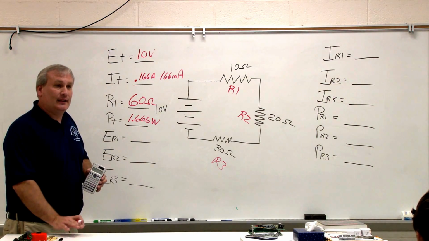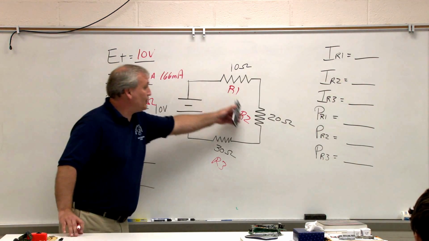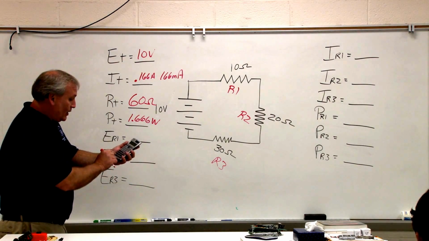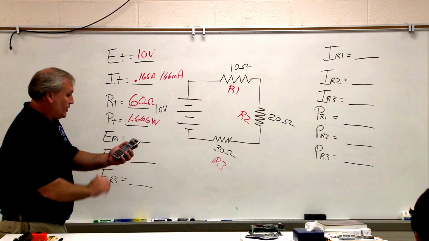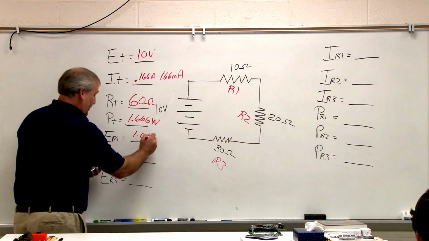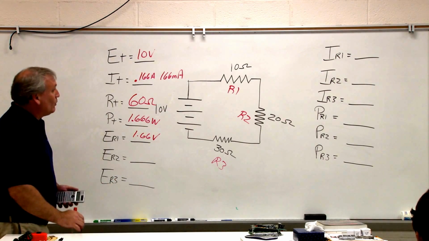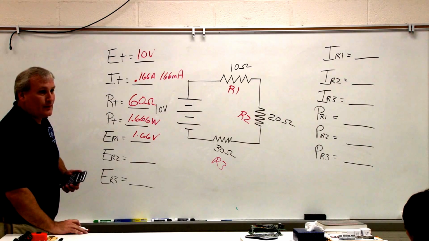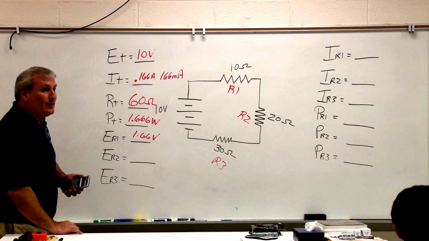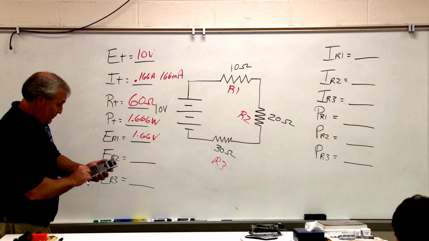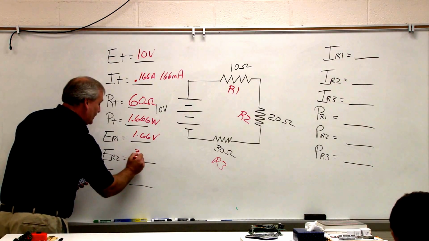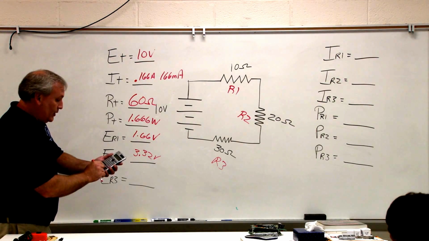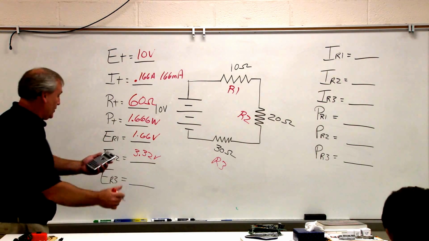So I can use that constant current and multiply it by each resistor to come up with each individual voltage drop. So we're going to take 10 ohms times 166 milliamps, and we're going to come up with 1.66 volts. What are we going to have for 20? 166 milliamps times 20 ohms, and that's going to give me 3.32 volts. And I'm going to do the same thing for ER3, 30 ohms times 0.166 amps, or 166 milliamps,